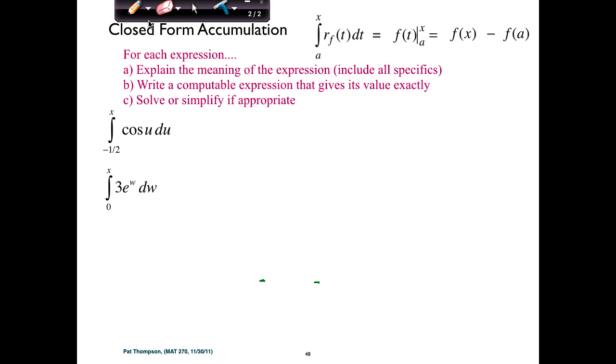First one here. We're going to apply the fundamental theorem, which means we need the antiderivative of cosine of u. What function, if we took its derivative, would give cosine of u? Nice, easy one to start. Sine of u. It's not negative sine of u, because we're not taking the derivative of cosine. We're asking what function has a derivative of cosine u. That's sine u. Then I evaluate that at x and negative a half and get the amount of change. So that means sine x minus